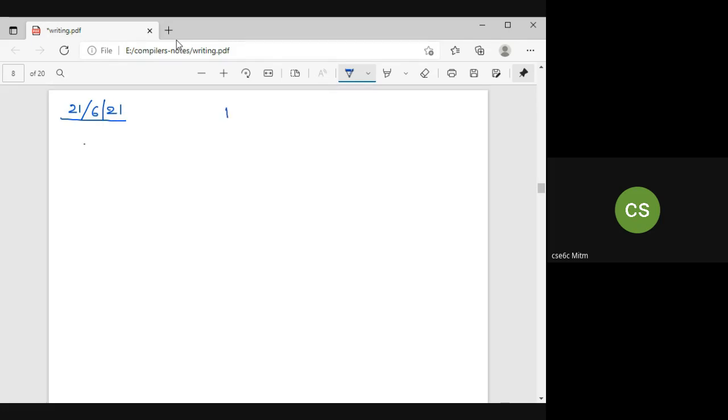Basically we're doing the bottom-up parsers. This is the last concept that we're going to study in bottom-up parsing, and also the last concept of parsers. Next we're going to go with intermediate code generation in the next class, and I'll give you an introduction later. In this class we are going to learn shift reduce. At any point, in case you want me to go slow or stop for some clarification, please ask.